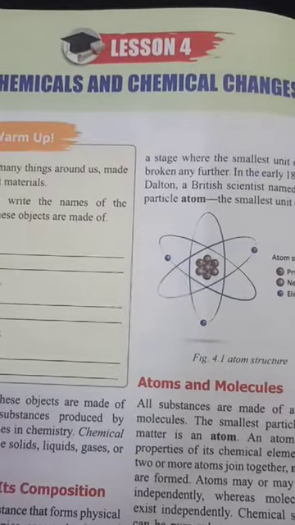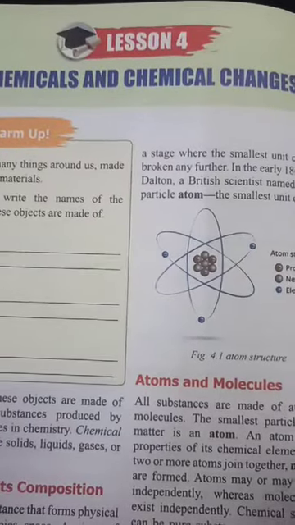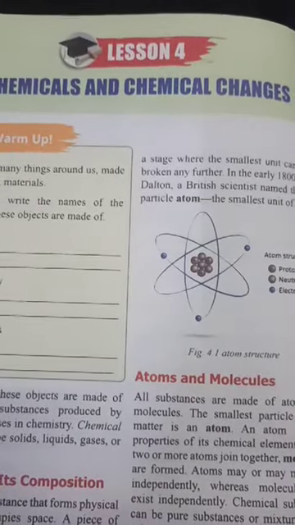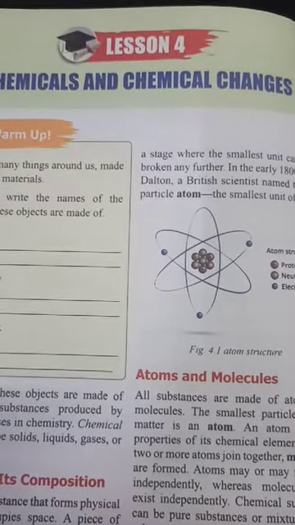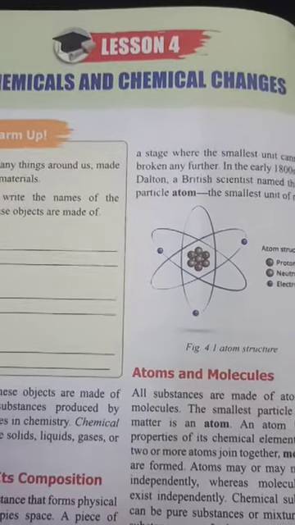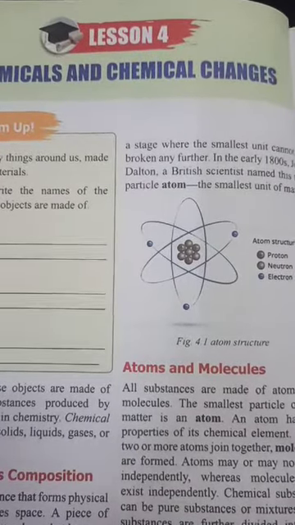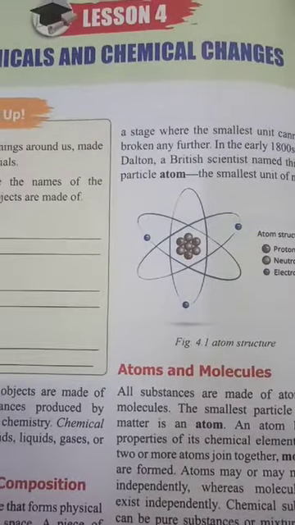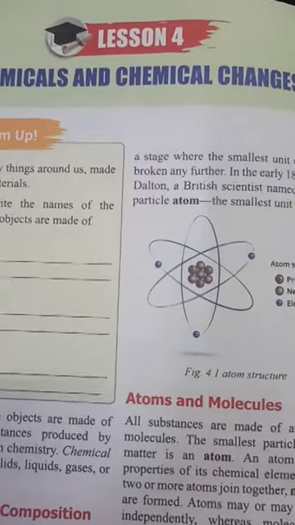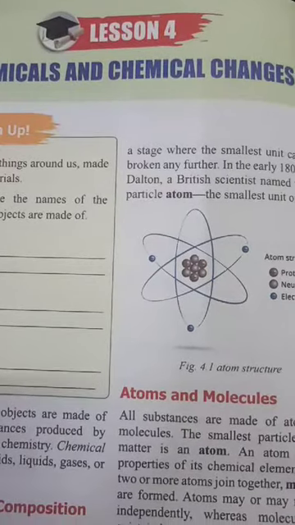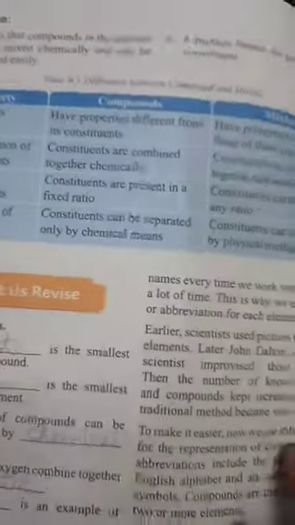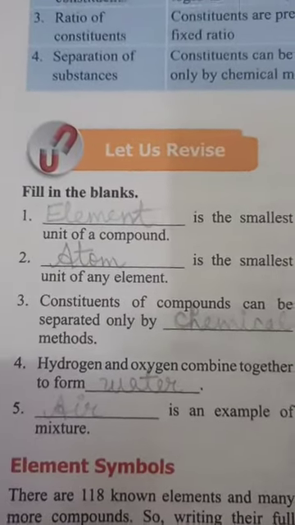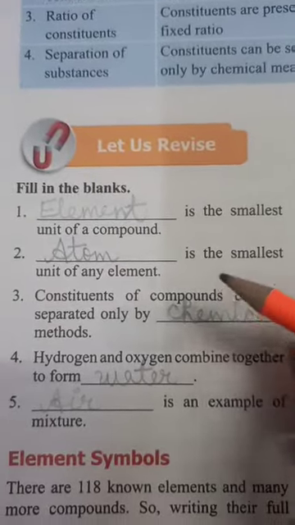If you don't have the new book, then you can write down all these exercises on some page and stick it in your book, because many of the things given in this book can come in your second internal assessment. So children, let's start. First of all, in between the chapter, this exercise is given in the form of fill in the blanks.